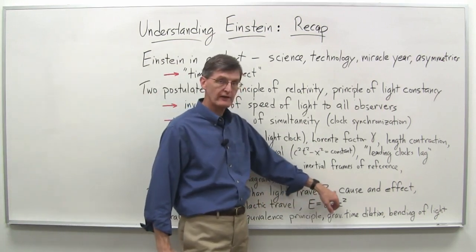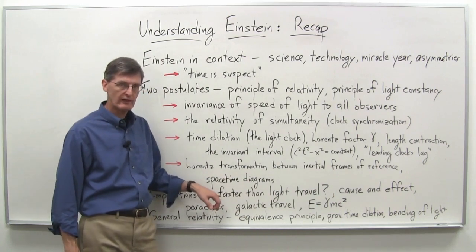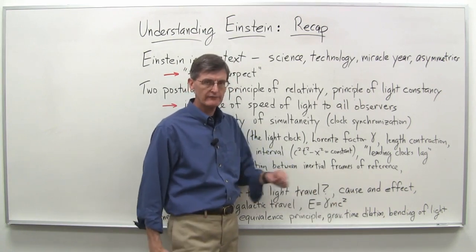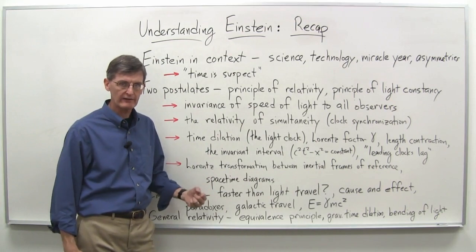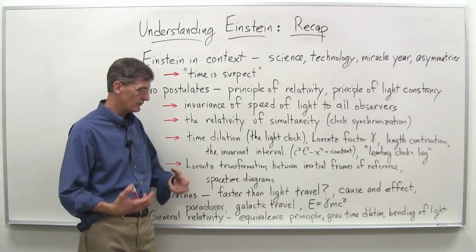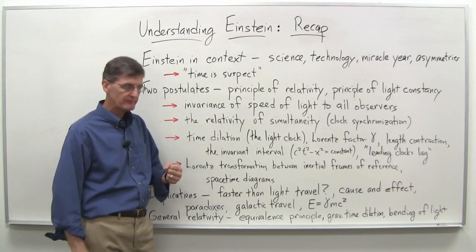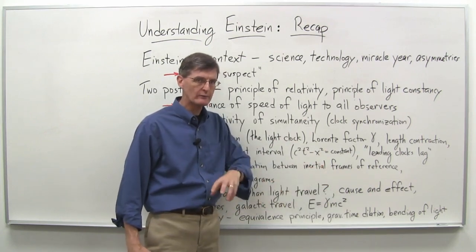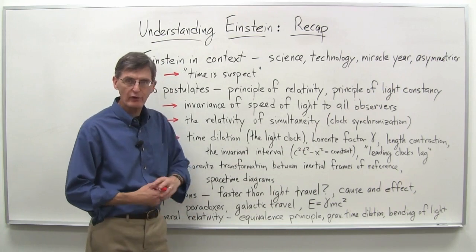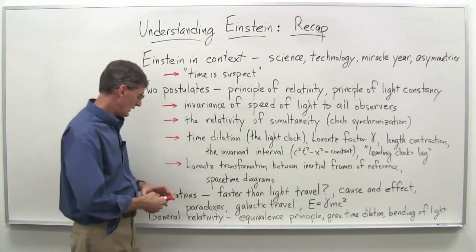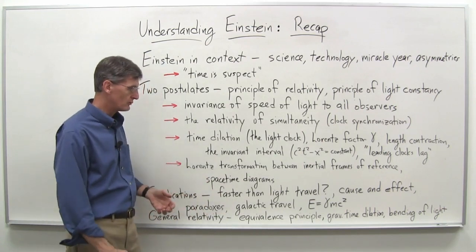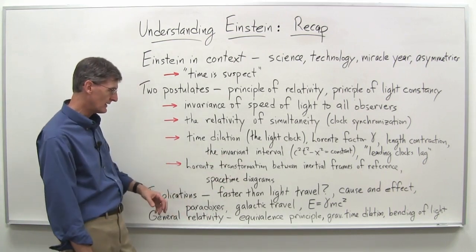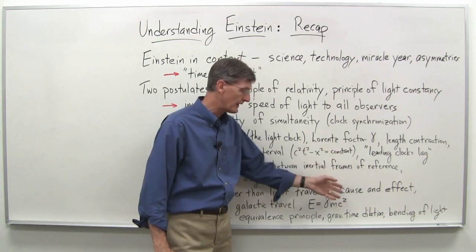We looked at cause and effect. If you do have faster than light travel, you get a reversal of cause and effect, which is a strong argument against the possibility of faster than light travel, because we just don't see things like that happening. The universe doesn't work that way. There seems to be a definite chain of cause and effect. Although, of course, in quantum mechanics, it gets a little more complicated than that. But even in quantum mechanics, you don't have time running in reverse, essentially, at least in experimental situations. In theoretical situations, you can actually imagine time running in reverse, but that's a whole other topic which we didn't get into. So we definitely showed that if you have faster than light travel,